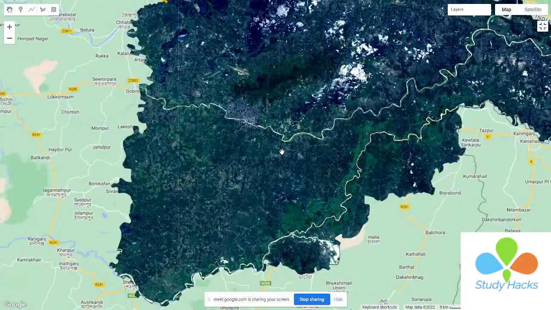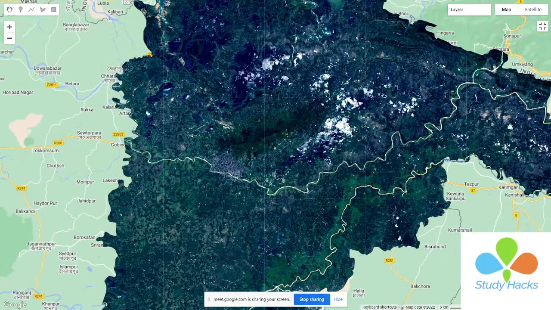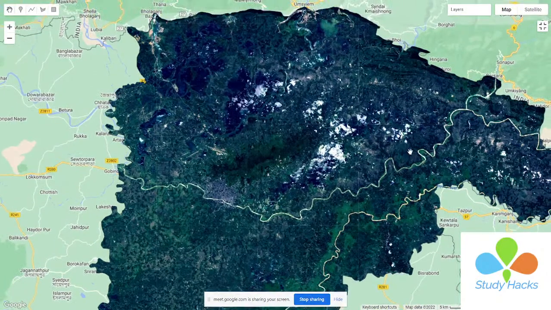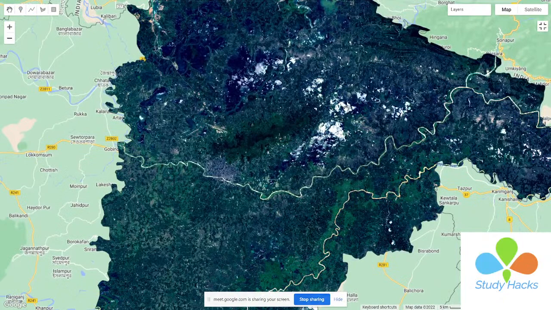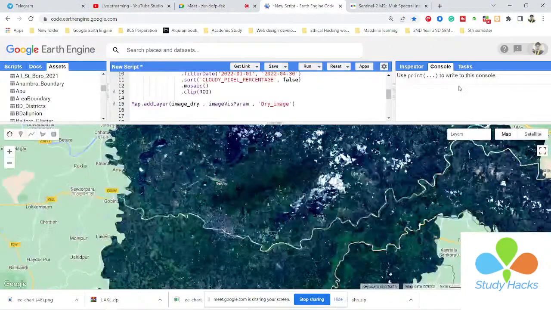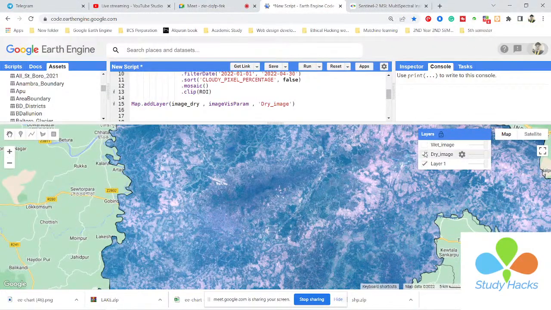Okay, we can easily remove all of the cloud from the satellite imagery, and we can easily get a clear condition of the satellite imagery. But at this time I will not show this part. I will try to show you in the next class how you can easily remove the cloud and other things. So you can see I can get the two period images, wet season and dry season,